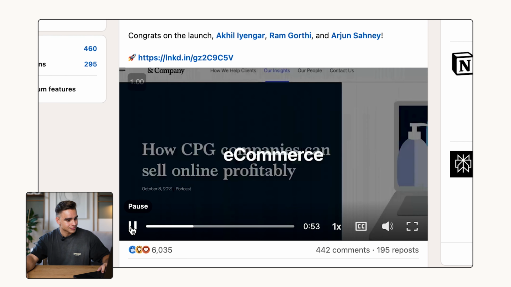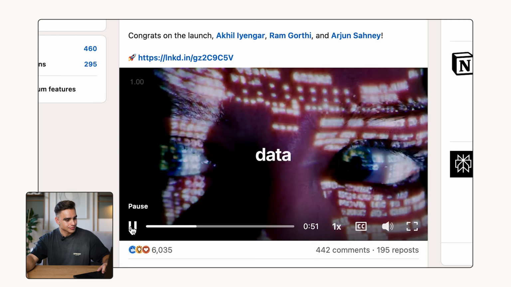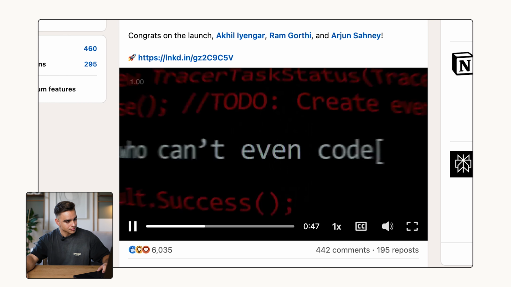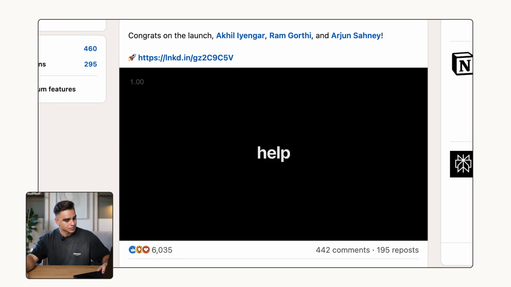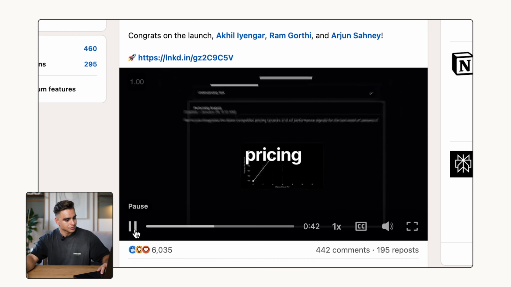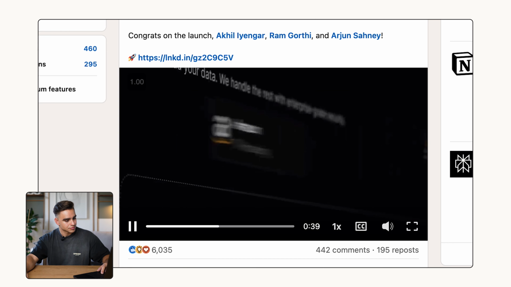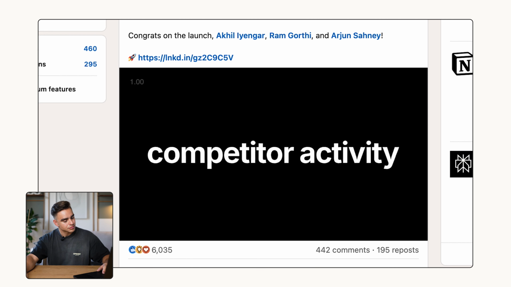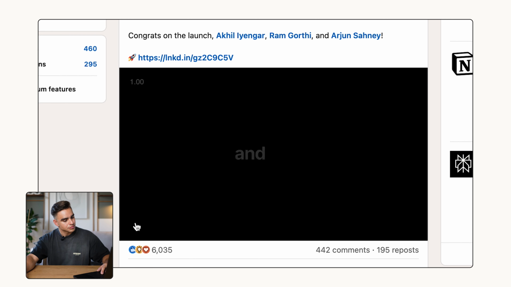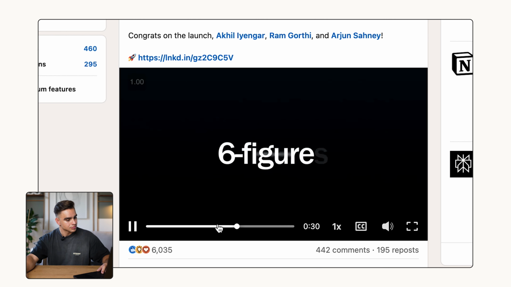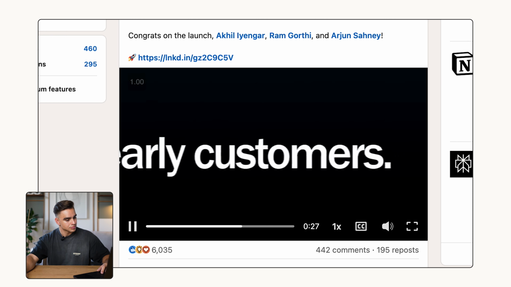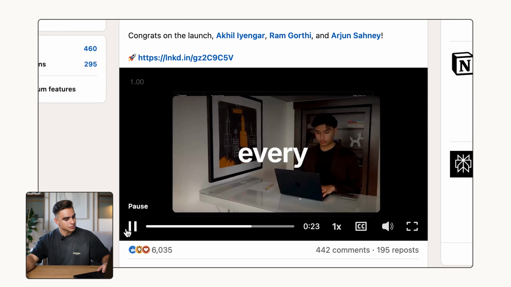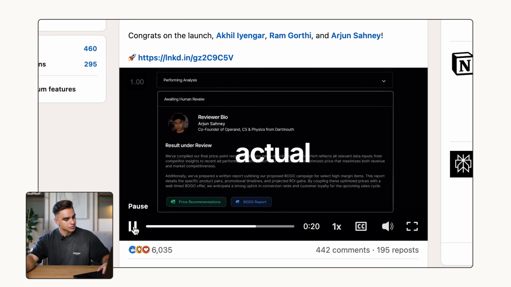And e-commerce. Consumer brands are drowning in data, buried under software bloat, and hiring consultants who can't even code. Operant is building an AI to help run consumer brands. We're starting with pricing and discount optimization. Like an actual expert, Operant factors in everything: competitor activity, ad strategy, inventory, and more. It's already generated 6 figures in P&L impact for early customers. And while computers are powerful, they're not perfect yet. Every result is verified by human experts, so you get